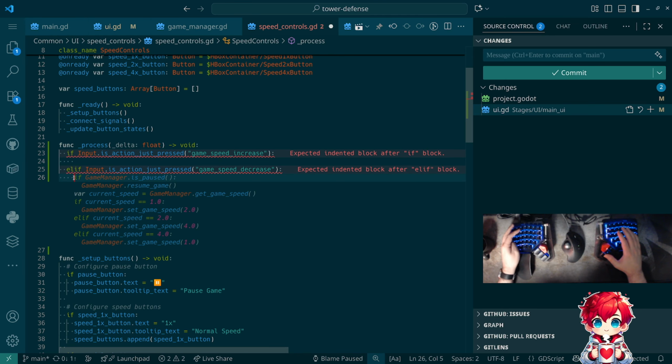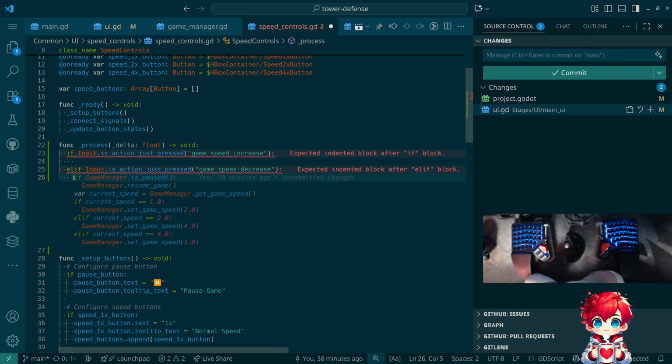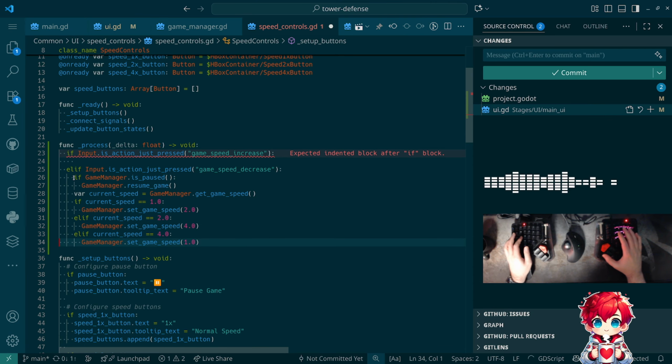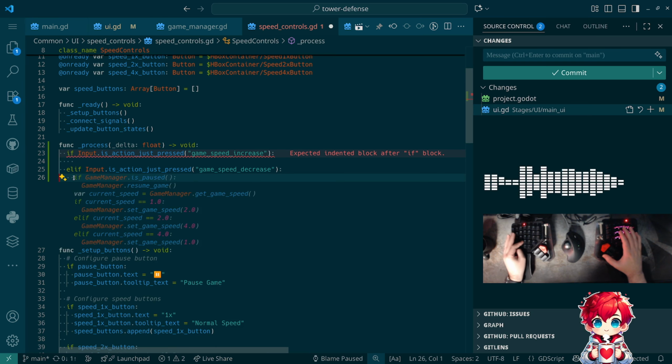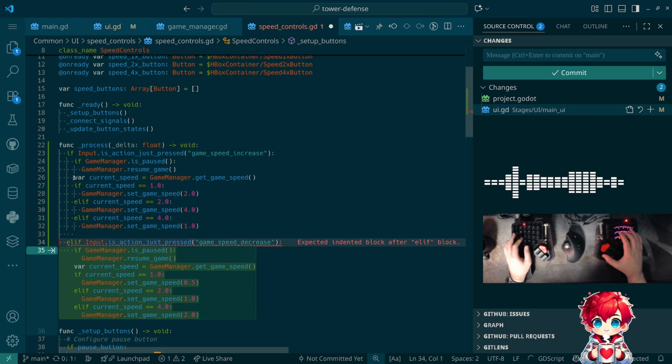So we get rid of that. And we could do something like this. So if game speed decrease is pressed, if we're paused, well, we should stay paused. That's wrong. This is the opposite. This is actually the increase branch. I'm not saying we should do this. But